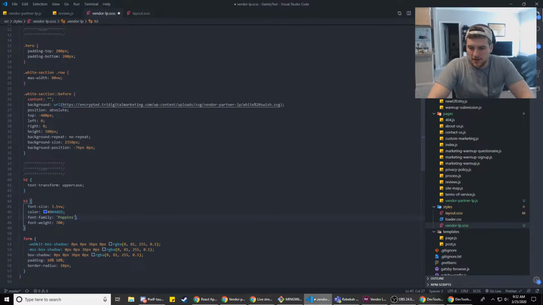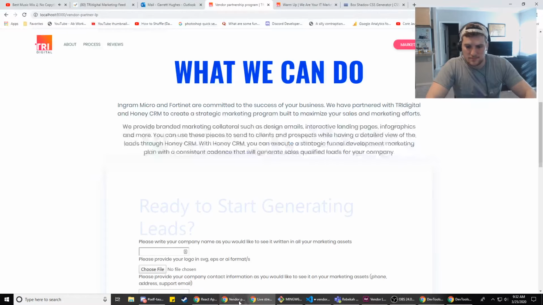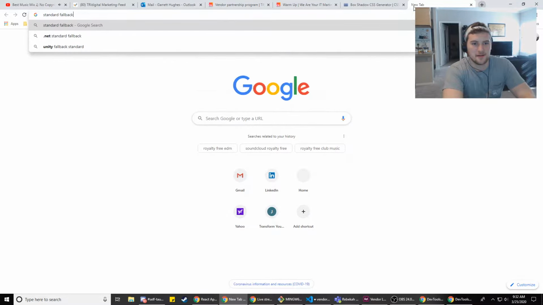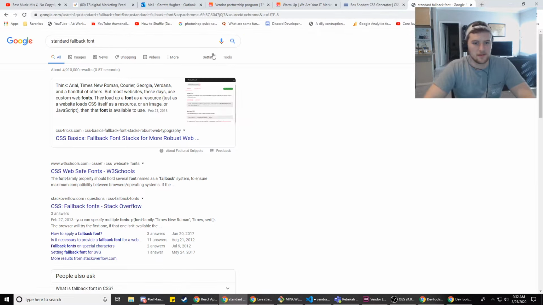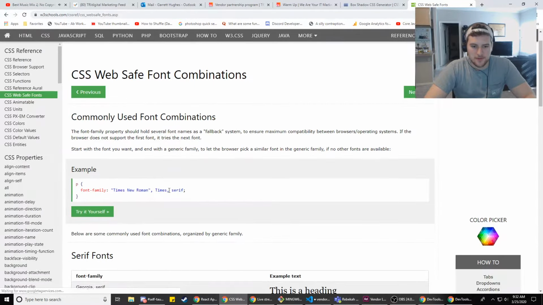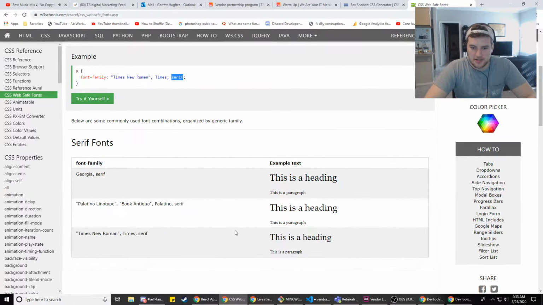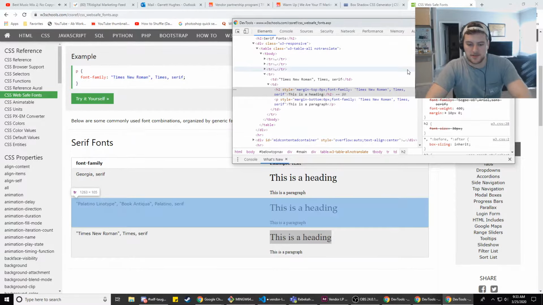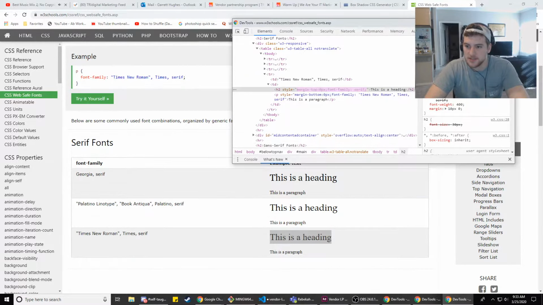What is my fallback font going to be? What are the standard fallback fonts? Web safe fonts. We're just going to do serif. What does serif look like? This is a serif heading. I don't want Times or Times New Roman. I want to see what serif looks like. Alright, I don't like that.